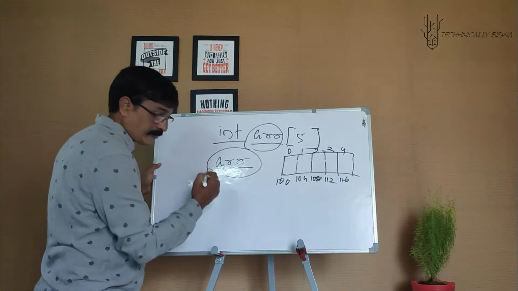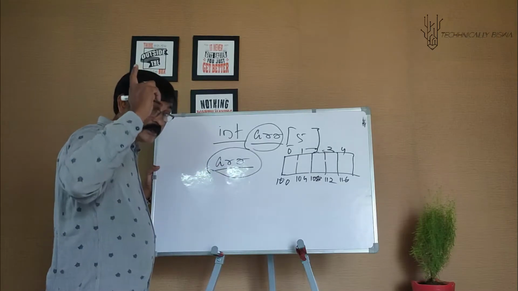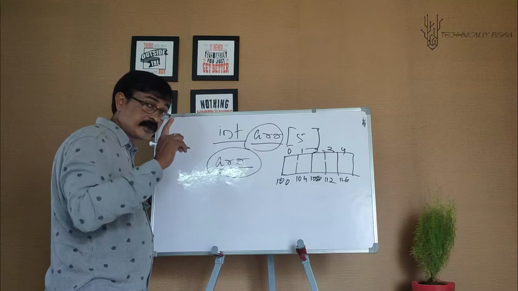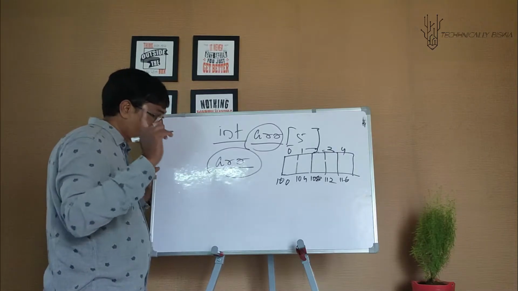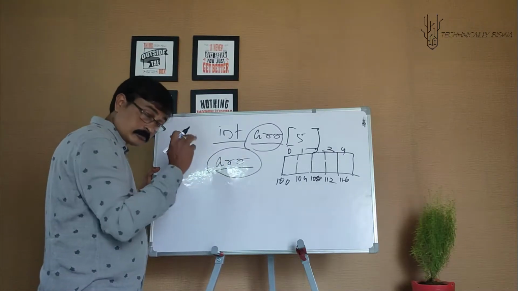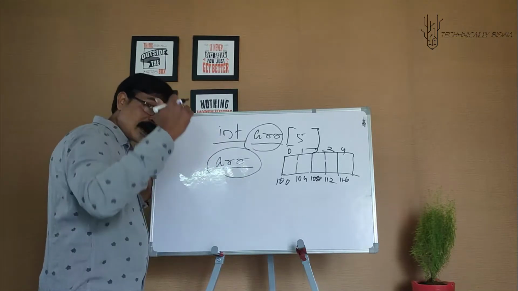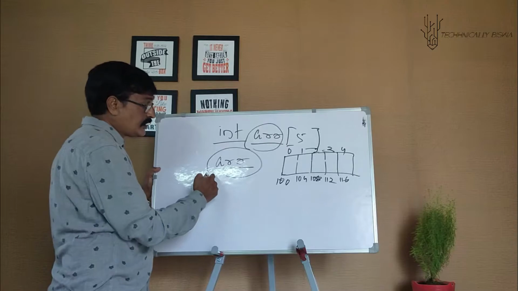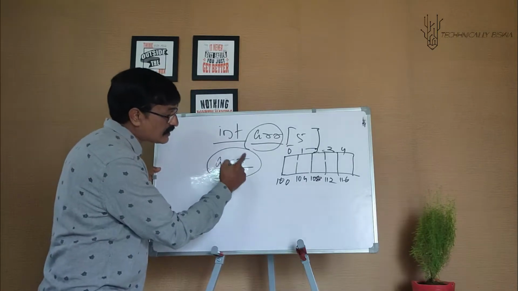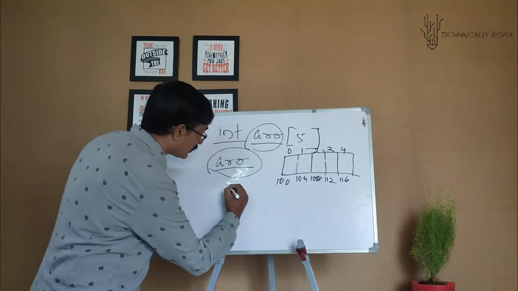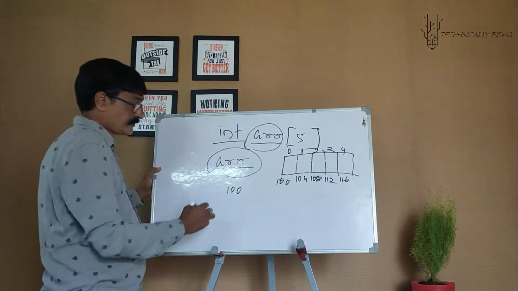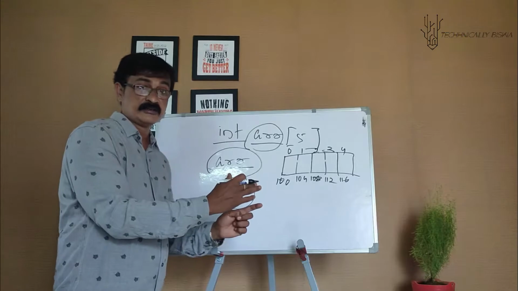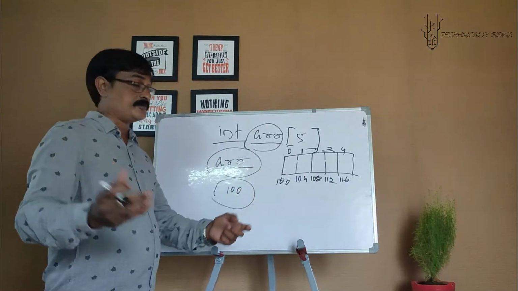Now, the array name, as I said, is a constant pointer. It is a constant pointer because you can never modify or change it. But it will always give you the address of the first element of that array. What does that mean? If I say ARR, what will I get? I will get 100, the address. This is the base address or the starting address of the array. Got this? That is the synonymity.